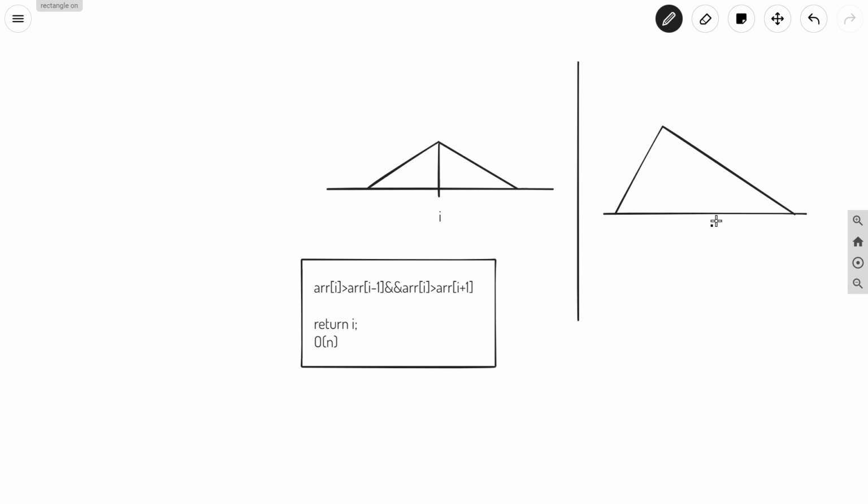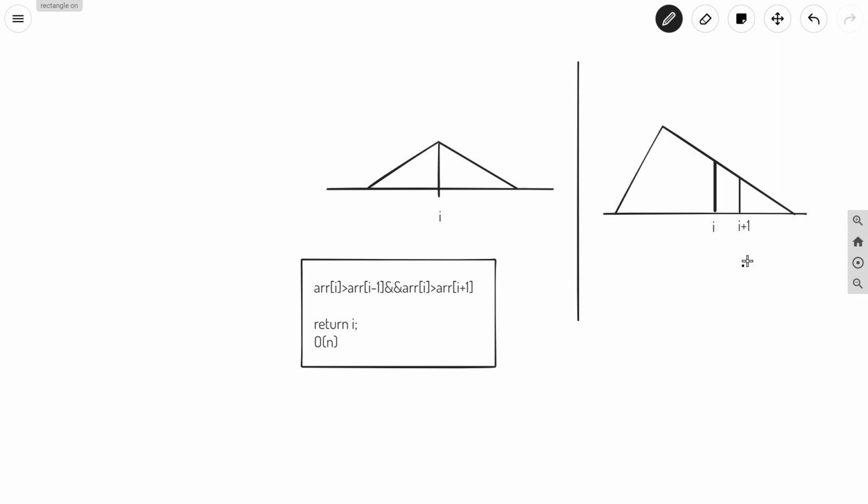So let us say this is a particular index I, and this is our next index, I plus 1.